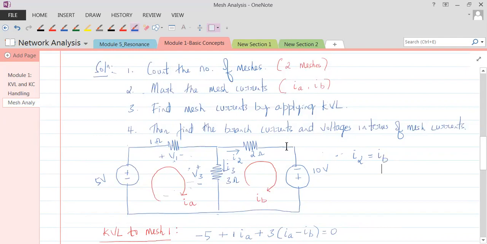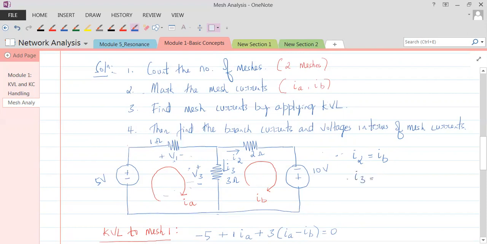So this is how we express the branch current I2 in terms of the mesh current. Why is it IB? Through 2 ohms I2 is flowing, so you can ask yourself, which mesh current is flowing through 2 ohms in this direction? It's IB. So I2 is IB. Suppose I2 is flowing from right to left like this, then I2 would become minus IB, because IB would be flowing in this direction and I2 in the opposite direction. But since here through 2 ohms both I2 and IB are flowing in the same direction, I2 is taken as IB. Okay, now let's see I3.